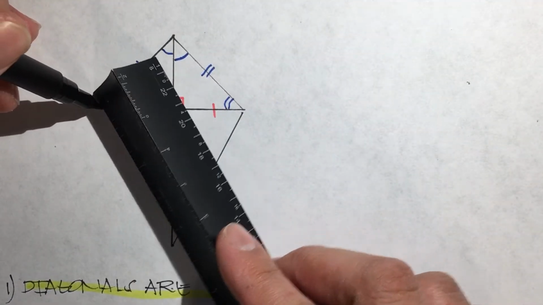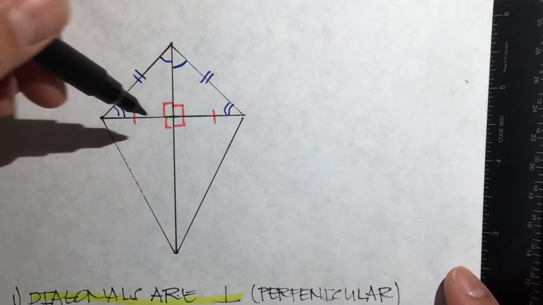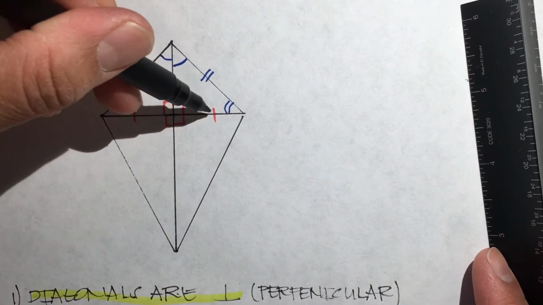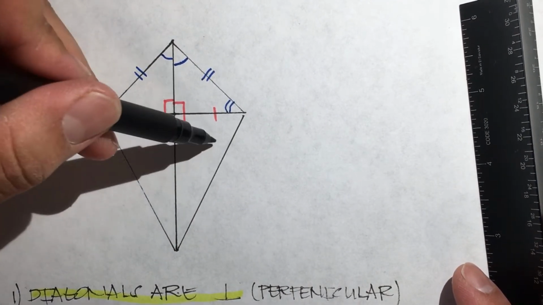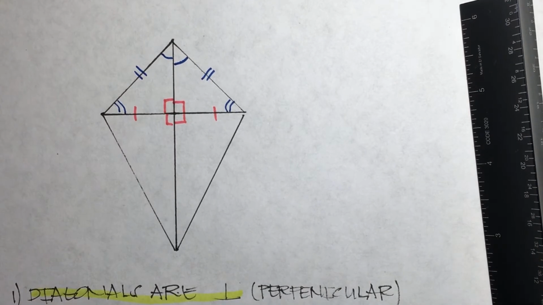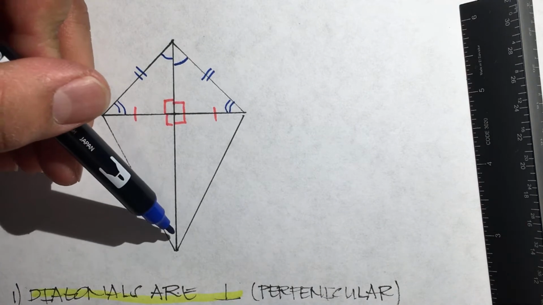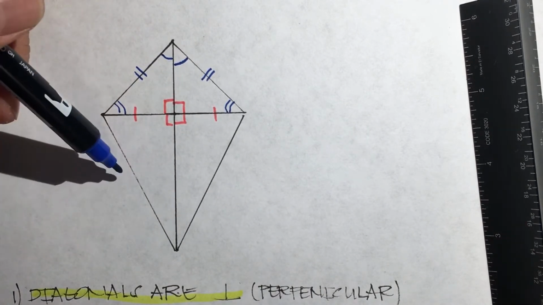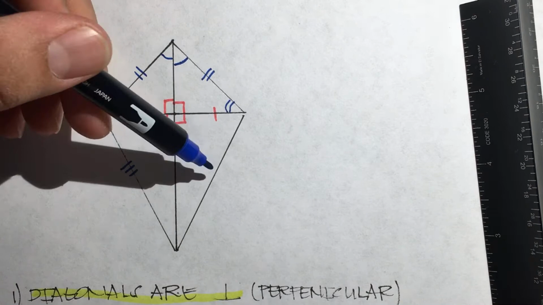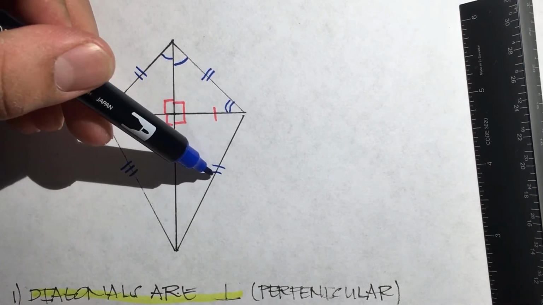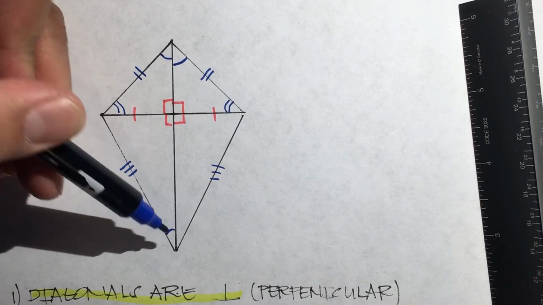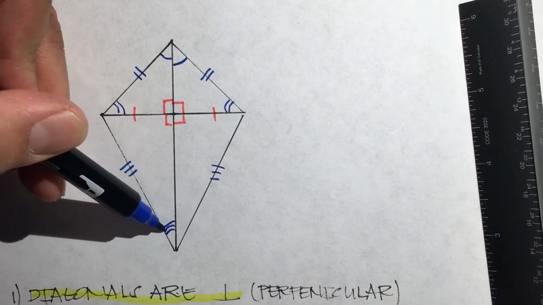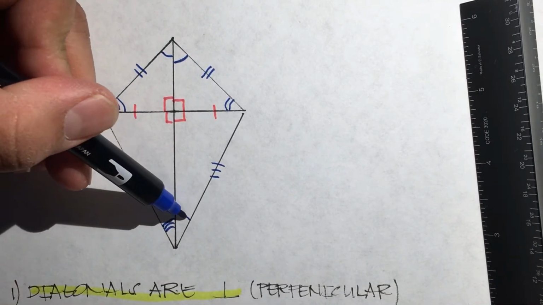So we've got this, and again, side, 90 degree, reflexive, side, 90 degree, reflexive, side. So that means that this triangle is congruent to this triangle. So we can say that because this triangle is congruent to this triangle, this side is congruent to this side right here, and this angle right here, 1 2 3 arcs, is congruent to this angle